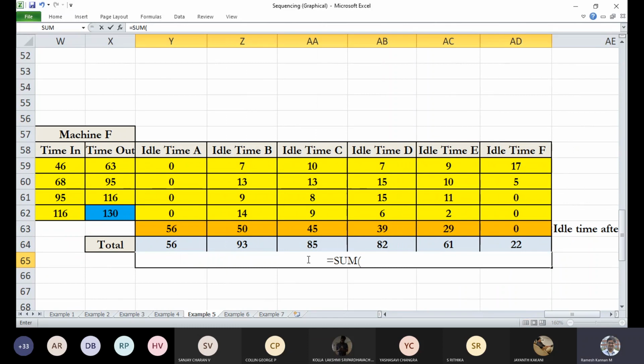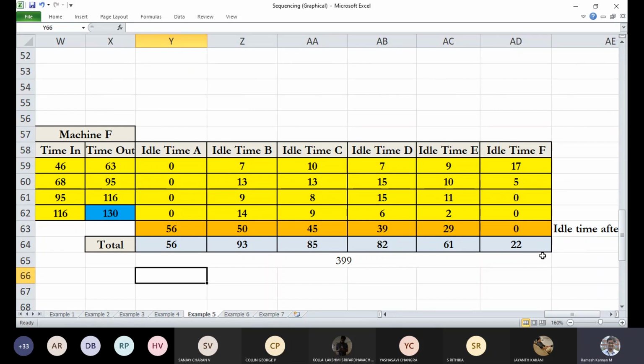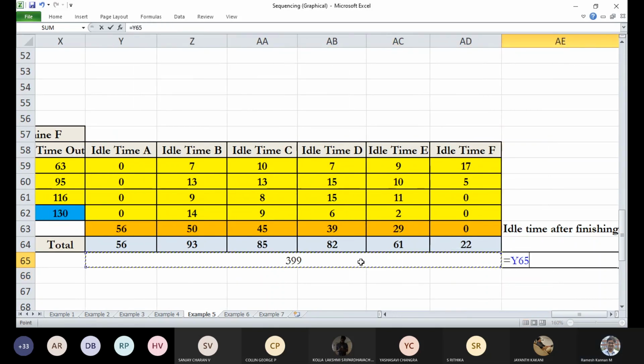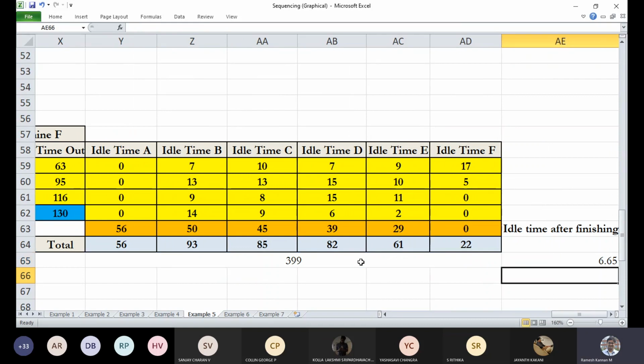The total idle time of the entire operation for all the machines is around 139 minutes. Divided by 60, that will give it in terms of hours, at 6.65 hours, something like that.